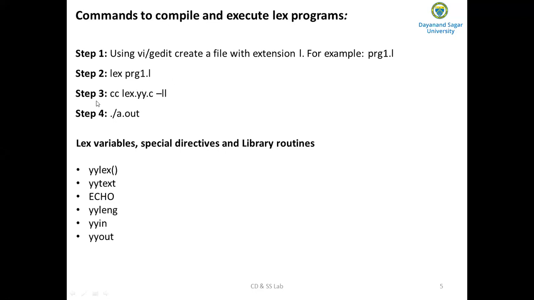Okay. And then in the third step, this lex.yy.c is run through a C compiler to produce the object code a.out. See, in step 3, we'll use the C compiler cc to compile the C program. What is that C program? lex.yy.c with option -ll. Okay. You have to use the option -ll. It stands for link library routine. Okay, so if you have used any Lex library, no, in order to link them, you'll specify this option. Okay.